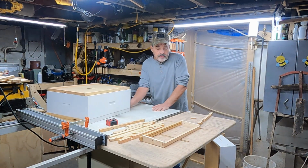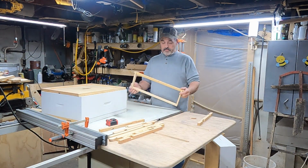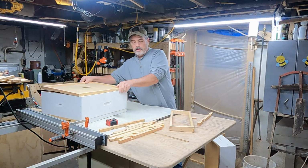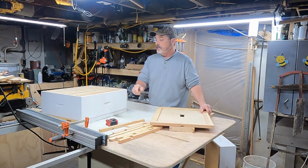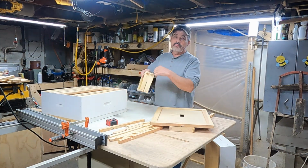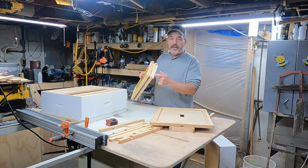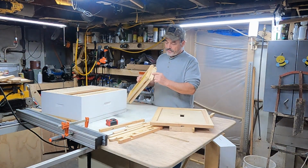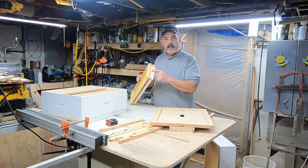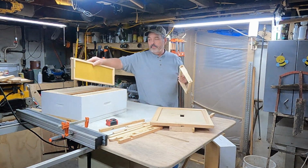Okay, now here is one of the frames. This is how I made some of the frames. Let me show you this before I do that. One of the things I was telling you about is how you can do the natural frame, but when you make these frames, some of them you can buy like this in here. It's not cut too good, but they go straight down here. Some they make a little harder to go into the box whenever you get ready to put them in,